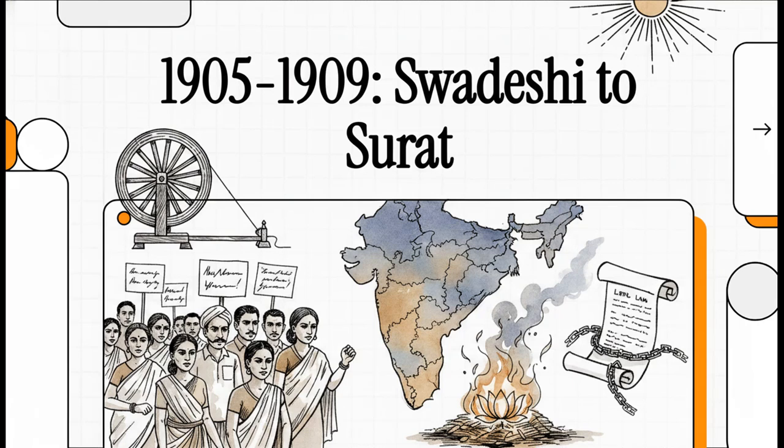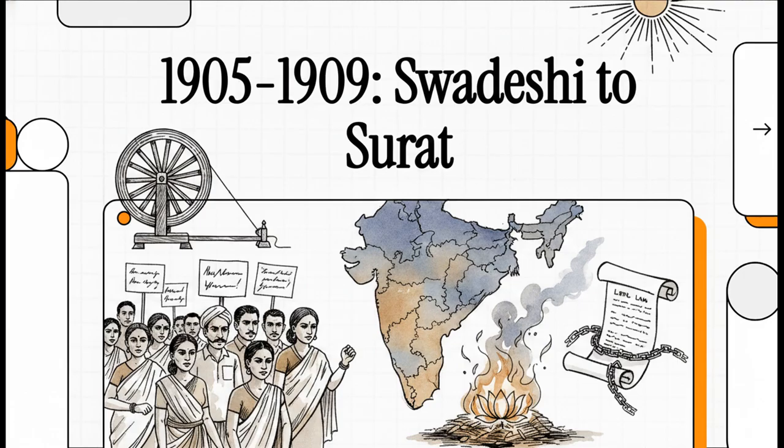Welcome to The Explainer. Today, we're diving into a seriously high-stakes window of history, India from 1905 to 1909. Now, if you just glance at the headlines, this period kind of looks like the story of a massive political movement that just ran out of steam and collapsed. But as we're going to see, that is only half the story.